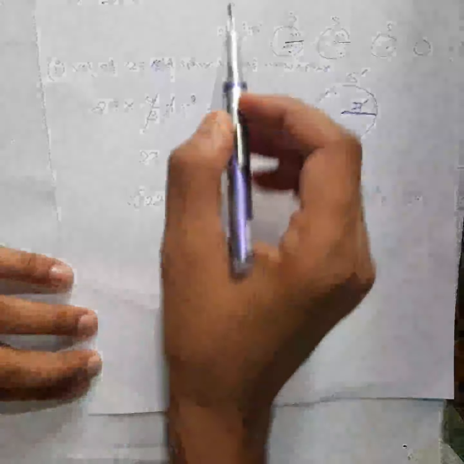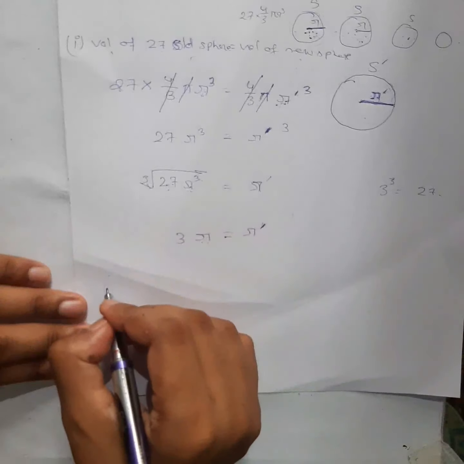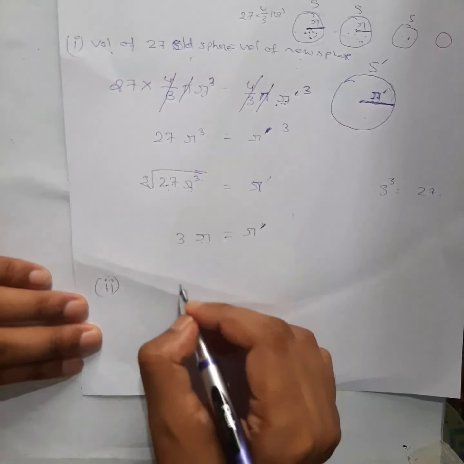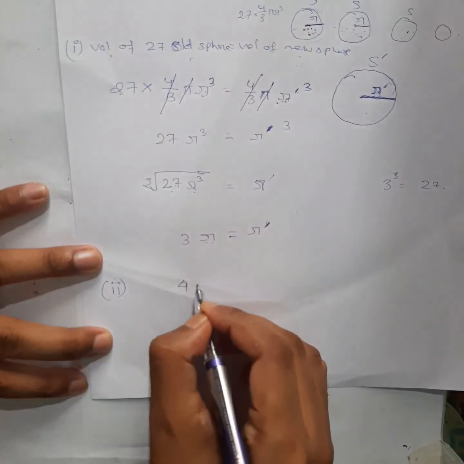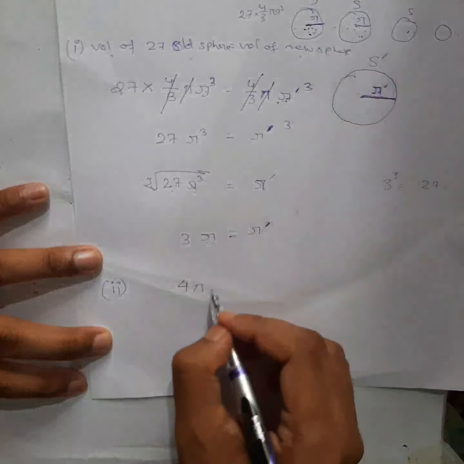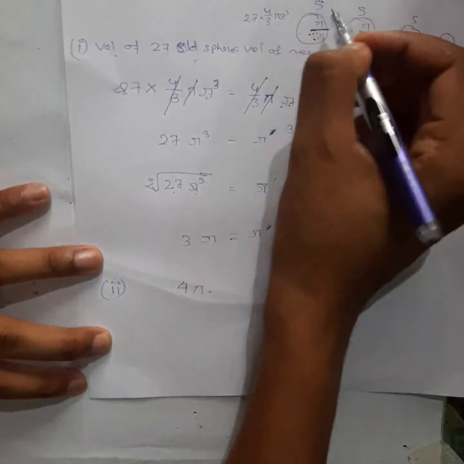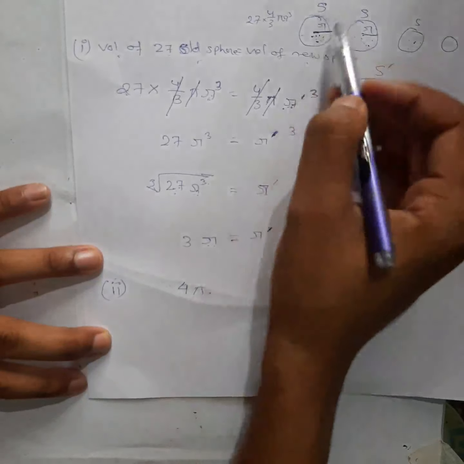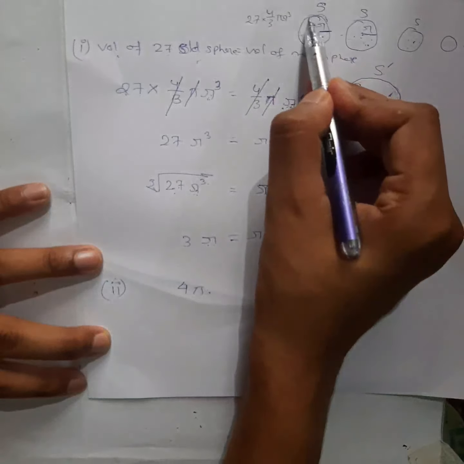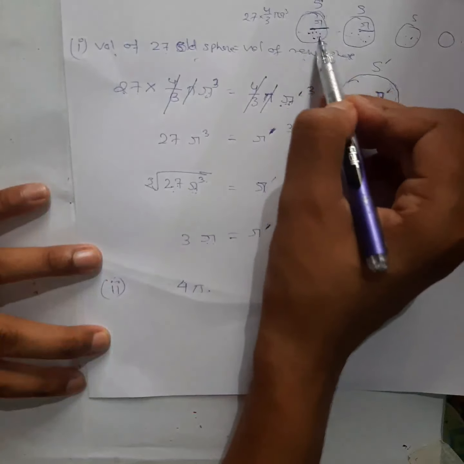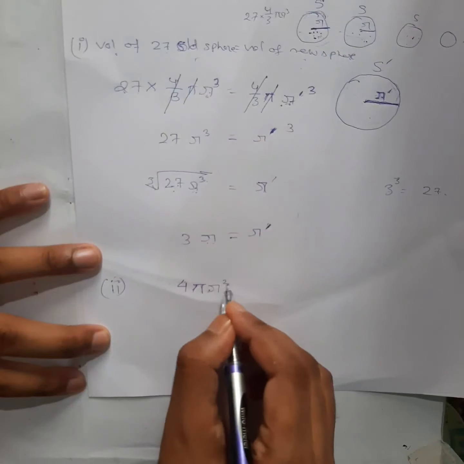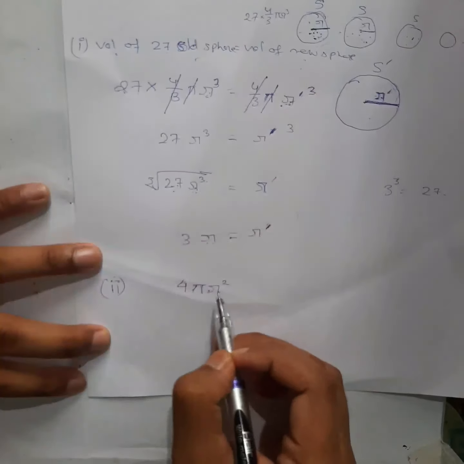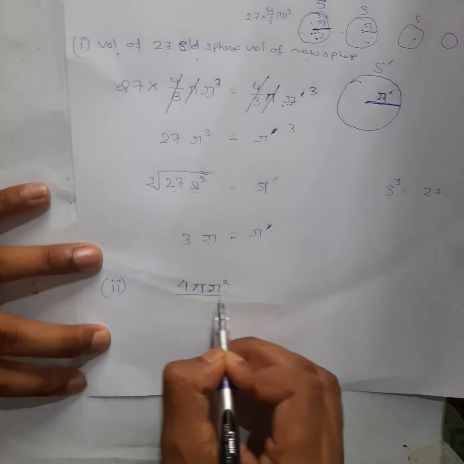Number 2, ratio of S and S dash. So that is much simpler. Ratio of S. Now what is S? S is surface area. Surface area of what? Whole sphere, right? Now don't multiply 27 here. Why? Because they have said S. S is the surface area of a single whole sphere. Okay. So 4 pi r square. Radius of the whole sphere is what? R, right?